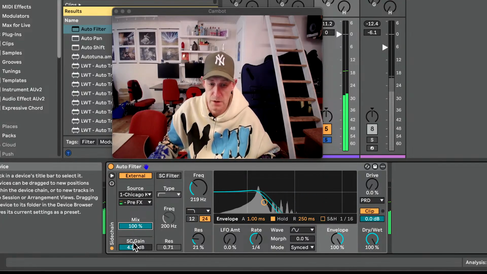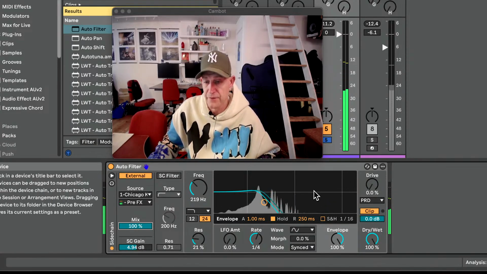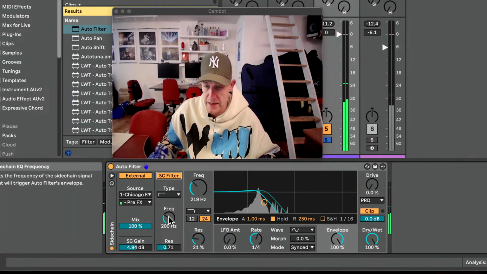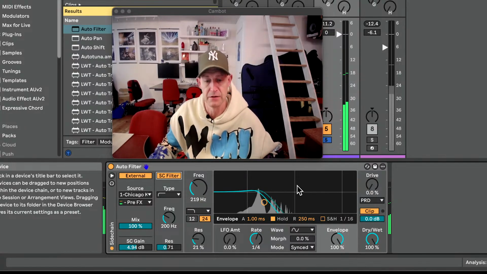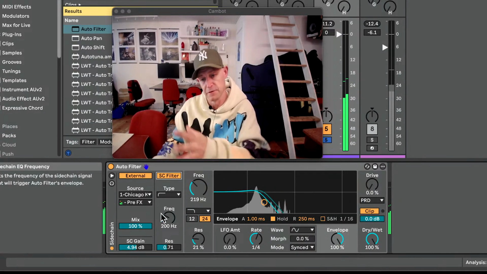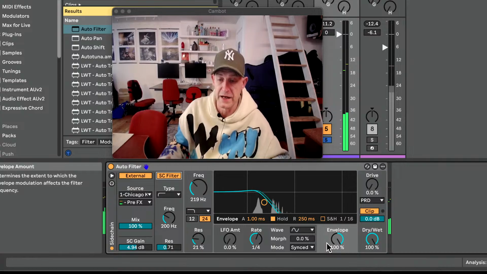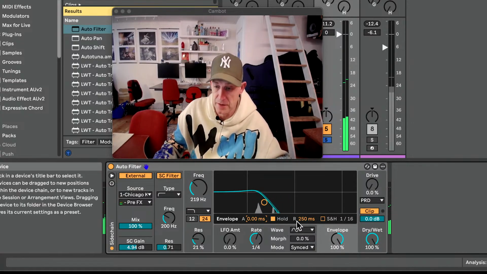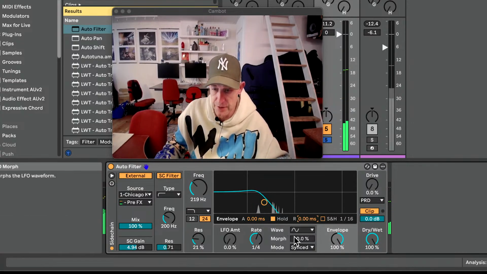And also go 100. If this is too much, we can set a filter on that so we can tame that signal again. Remember, it's just the signal that the envelope will behave with. We can set the attack and release very short. So